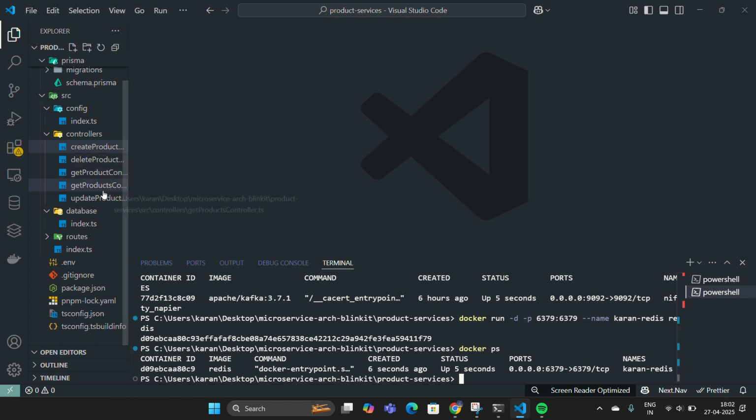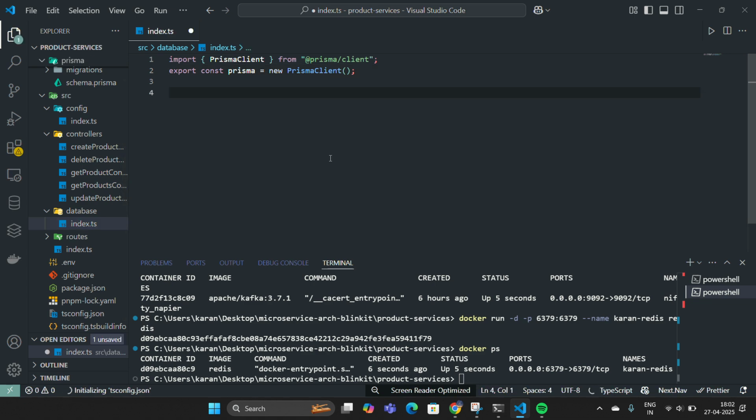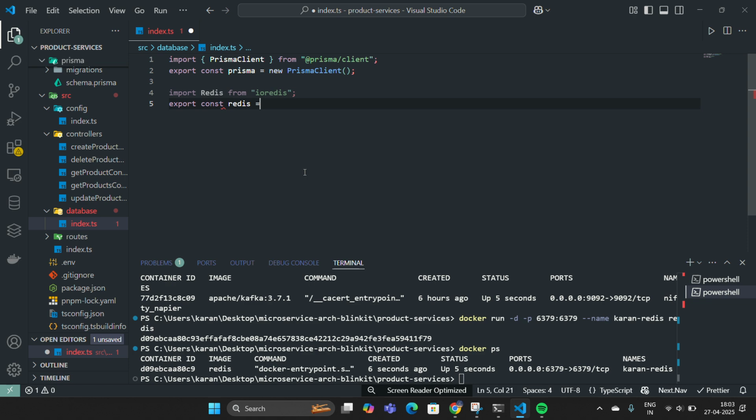Then come to your database and create an instance of your Redis. How to do this? Import Redis from ioredis, and then create an instance of your Redis. So how to do this? const redis equals new Redis. This will automatically connect to our Redis database